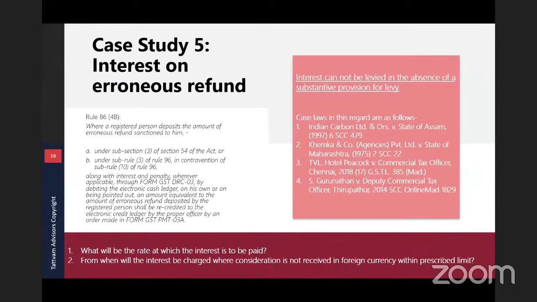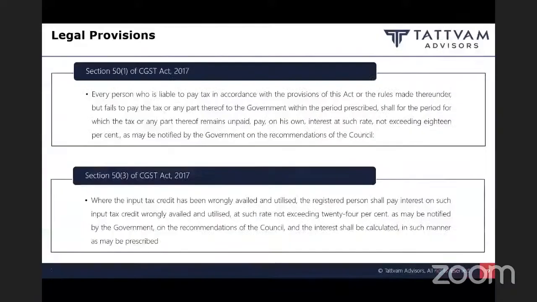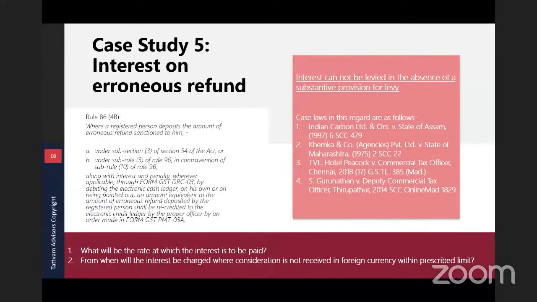Friends, it is a settled proposition that interest cannot be levied in the absence of a substantive provision for levy. We have judgments like Indian Carbon Limited, Supreme Court, JK Synthetics, etc. There are a series of judgments which provide that interest cannot be levied in the absence of a substantive provision. And the point which I want to raise, and the food for thought for all of us, is: when section 50 does not cater to this particular situation of levy of interest in case of erroneous refund, can the department actually demand interest from me? Though in rules like 86(4)(b), etc., somewhere they have written that